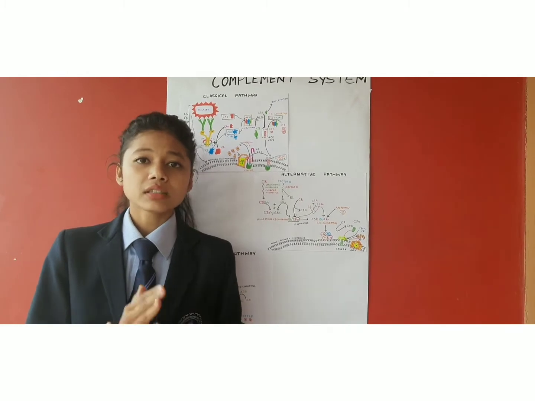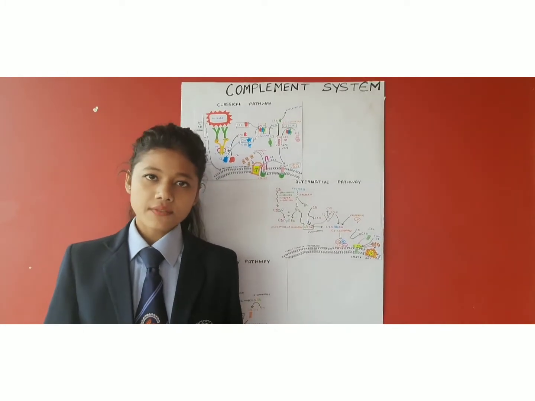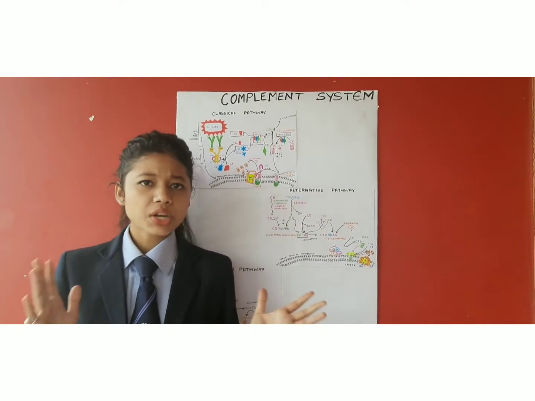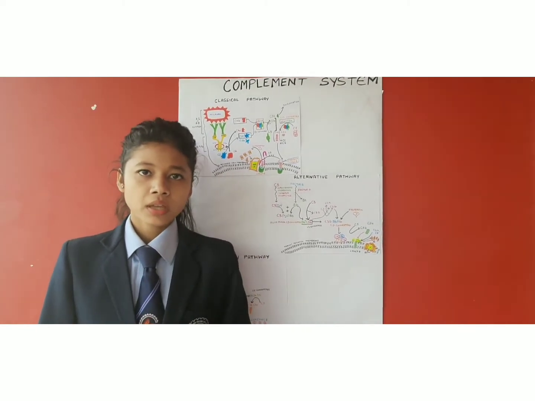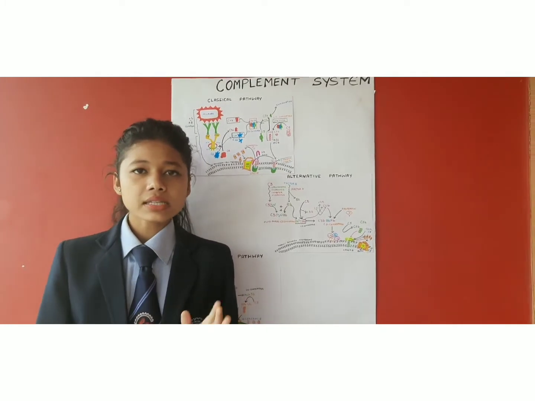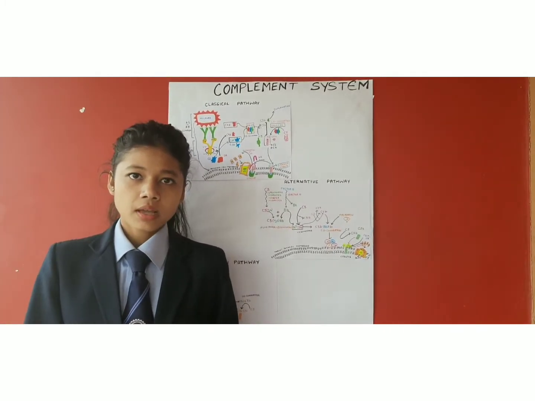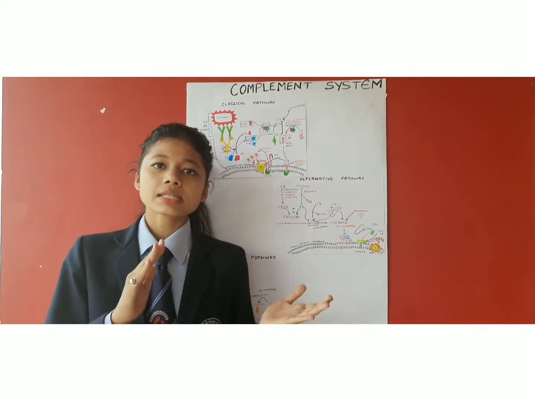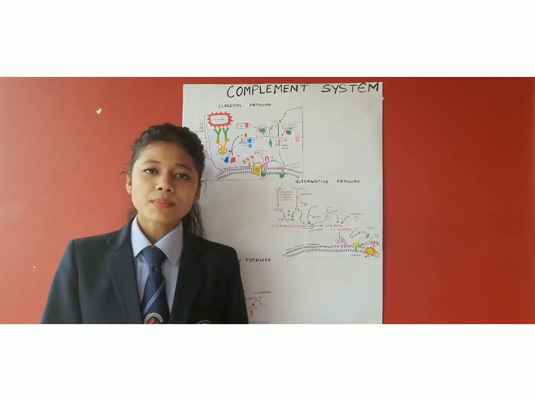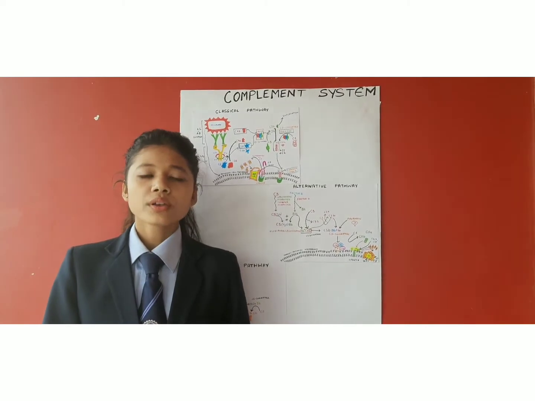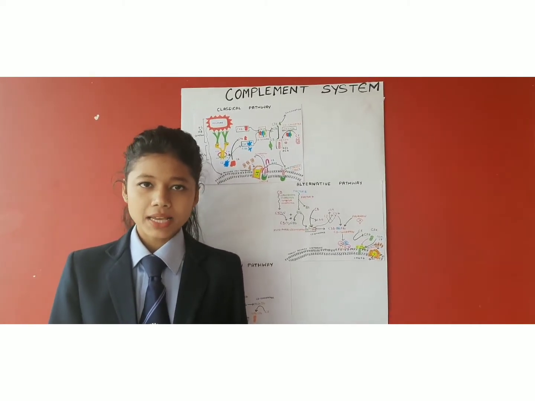It will recruit other proteins such as C6 and C7. Now it has recruited C6 and C7 proteins. It will form the C5b67 complex. Now this complex will recruit another protein, C8. Now the complex C5b678 is formed. This complex has the ability to polymerize the C9 protein. So now the polymerization of C9 protein takes place.